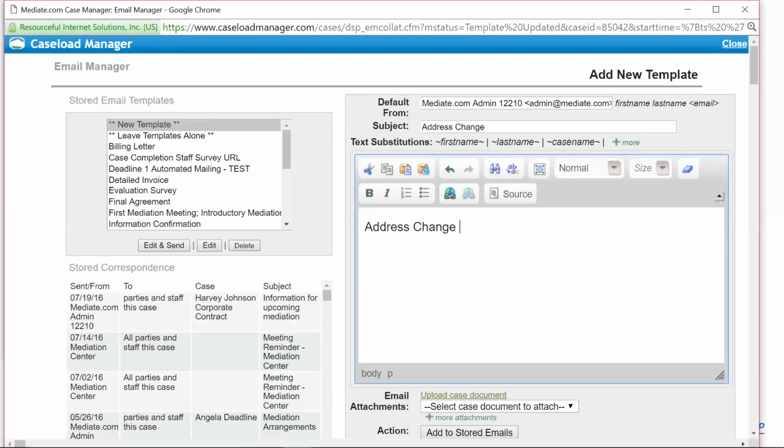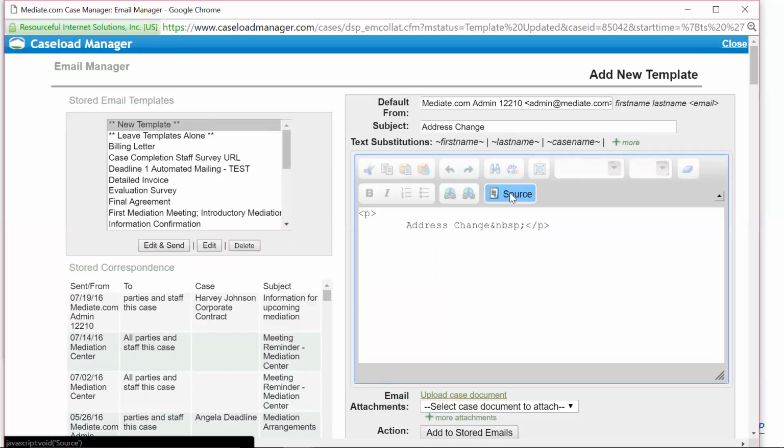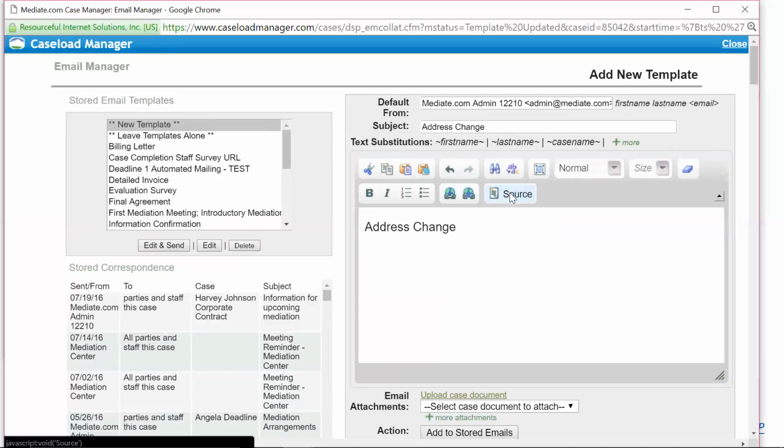So what you see is this address change. It looks nice and clean and pretty, but then you send it to clients and it just becomes gobbledygook. The formatting is off, the line spacing is off. You try and add in more text and it won't let you. And the reason is that the Microsoft Word coding, which you don't see in the background, okay, there's all this coding going on in the background. You don't see it, but it's fighting with our Caseload Manager coding. And sometimes Microsoft Word wins and sometimes Caseload Manager wins. And that's not really a battle that you want to be having when you're trying to send a professional letter